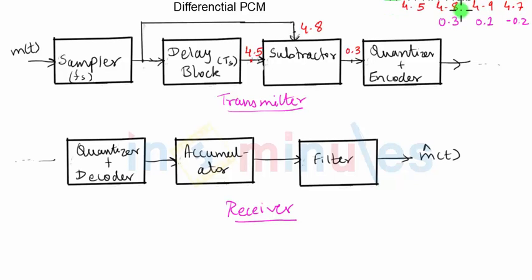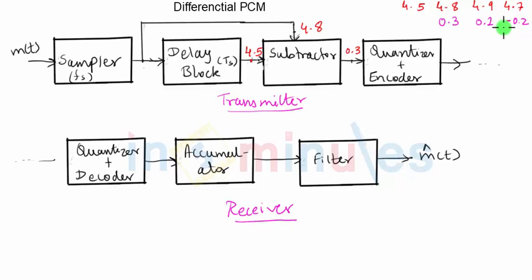the differences are going to vary will be very small compared to the original range over which the sample values are going to change. And with the smaller range of signal, I can use a lesser number of levels to quantize that particular signal, and hence I'll require a lesser number of bits. With a lesser number of bits, the bitrate of the signal is small and the bandwidth required will also be small. So differential PCM will obviously offer one very good advantage of lesser bandwidth requirements for the transmission of the signal.